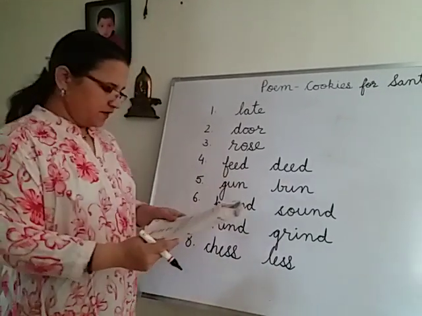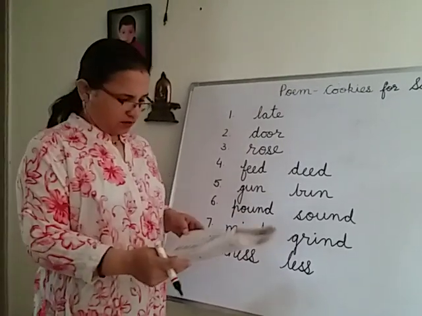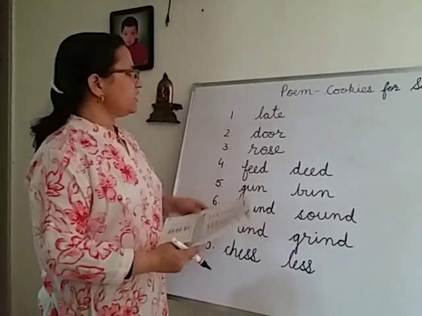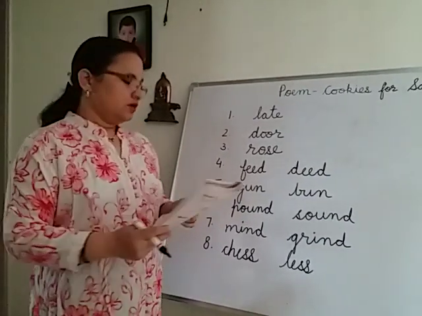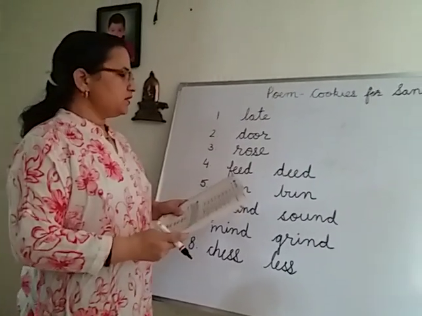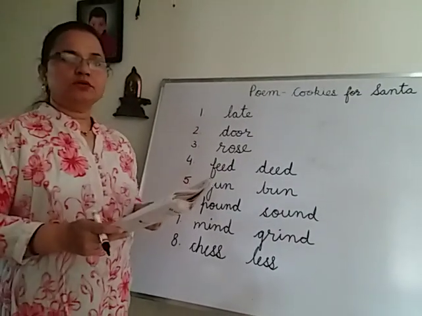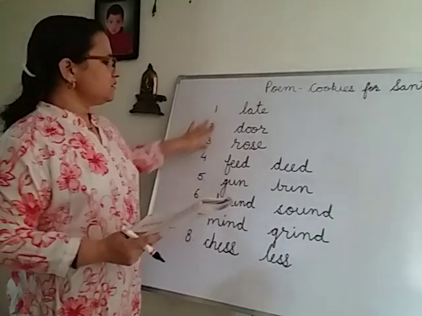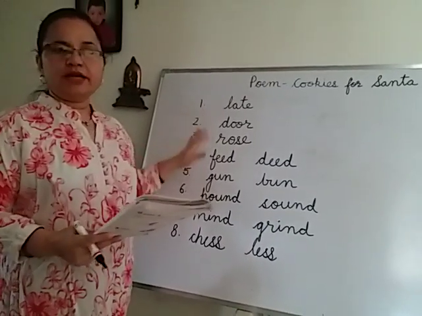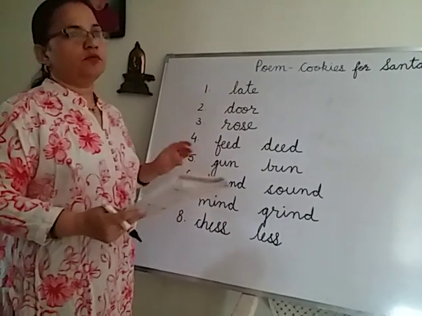So students, today we have done two exercises which are given on page number 18. One is of opposites and the second exercise which we have done is of rhyming words. Now students, the exercise which we have done earlier, that is opposites, those opposites you will write in your fair notebook, and these rhyming words need not be written in your fair notebook. You will fill these words in your book.